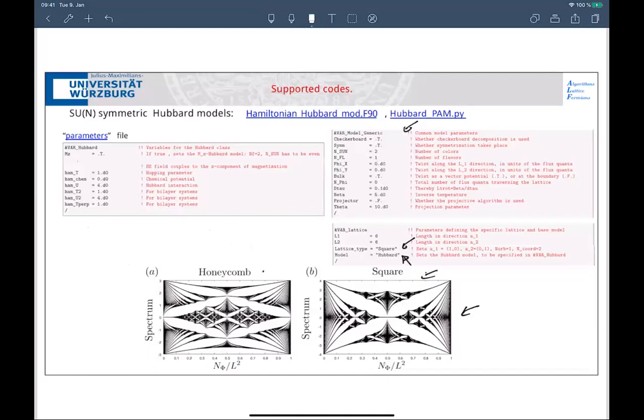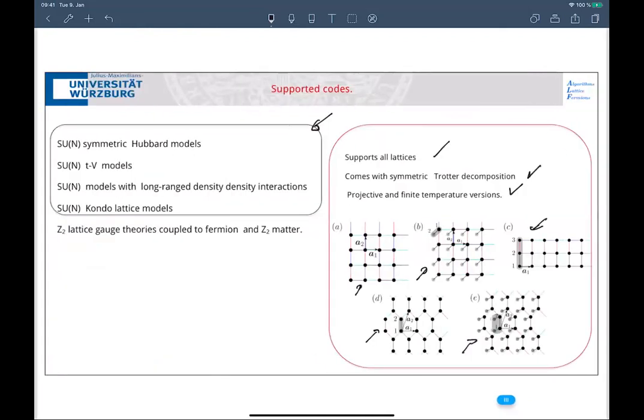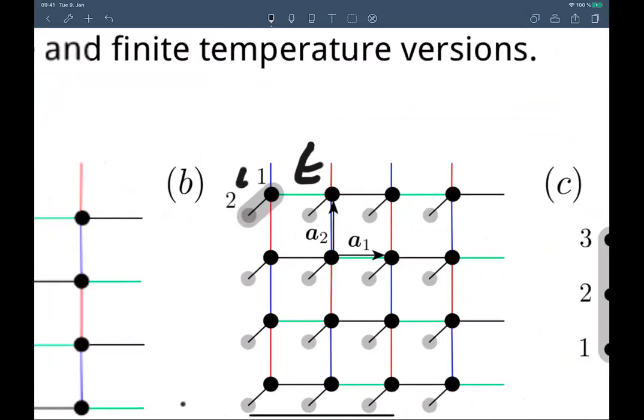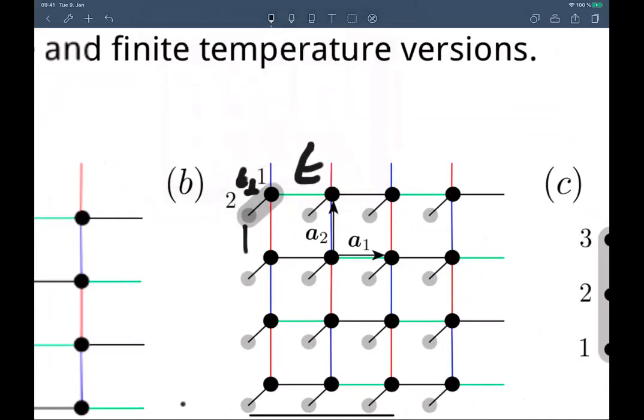So for the Hubbard model, we support bilayer lattices. I can get the lattice, that may be easier. Sorry, the lattice is here. So for the bilayer Hubbard, in this parameter file we have predefined hopping. The T is like this. Then the hopping between the two layers is T perp. Then on the second layer there is a hopping T2. So I have T perp, T and T2.